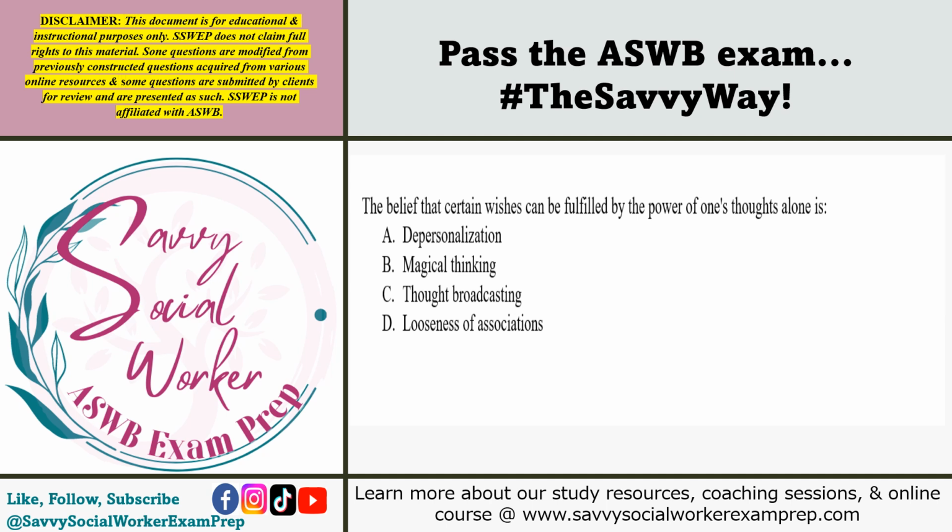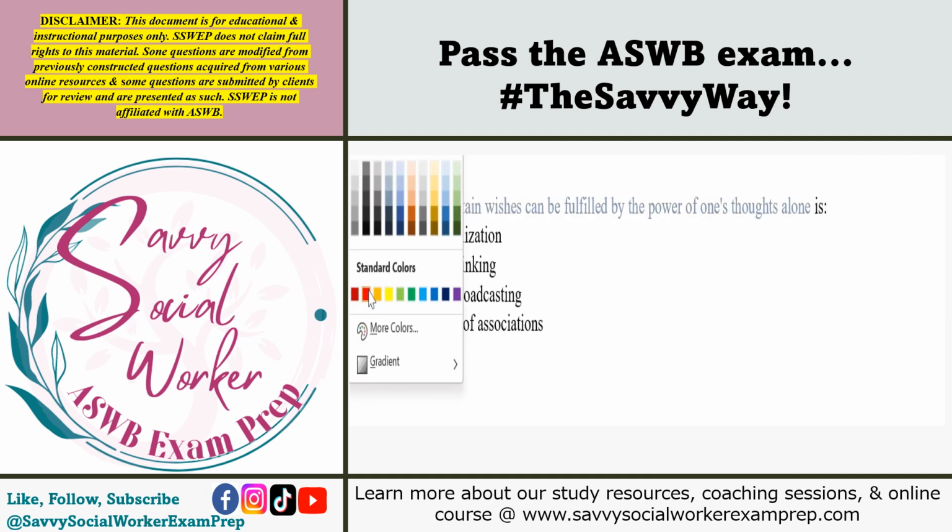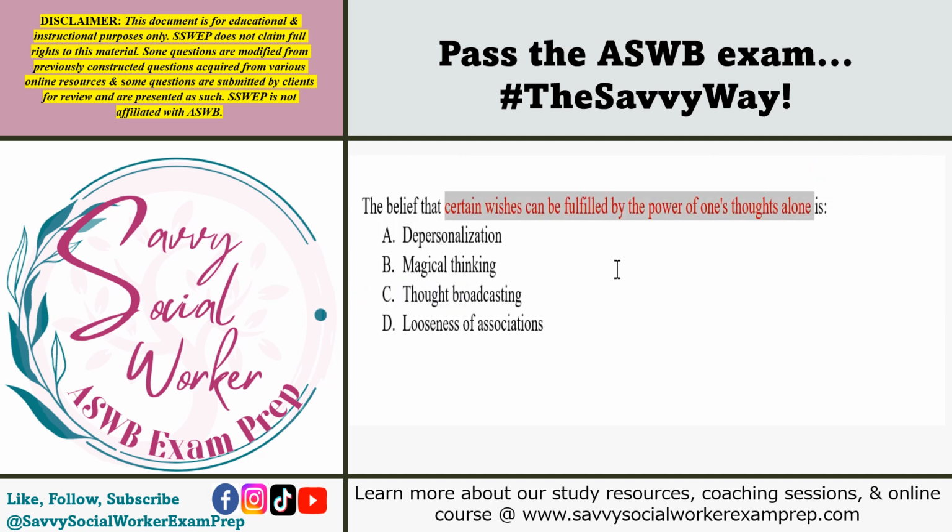The belief that certain wishes can be fulfilled by the power of one's thoughts alone is. So which one of these definitions define when a person believes that certain wishes can be fulfilled just by thinking it? So that means just thinking something into fruition. They believe that if I think it, it's going to happen, or I can think it and I can control this matter. Is that